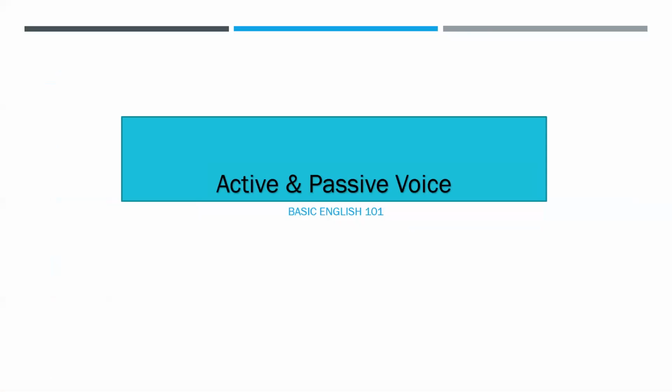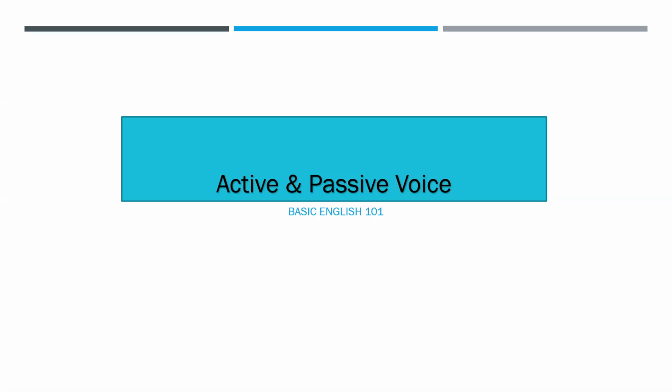Good afternoon, students. Today we are going to do active and passive voice. For this, you have to be thorough with whatever you have done so far. You have to be thorough with the tenses and the structures, because you should be able to identify the subject, the verb, and the object of the given sentence. And then you should also be able to identify the tense of the verb in the given sentence to transform it from active to passive.